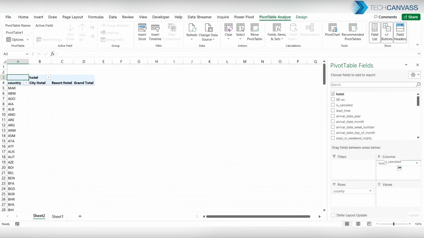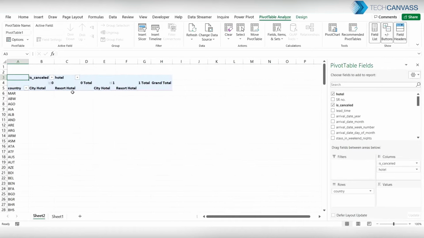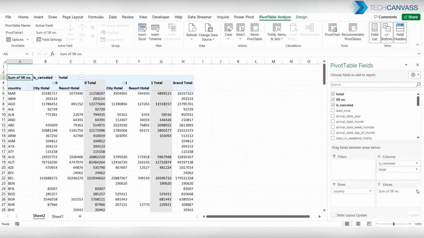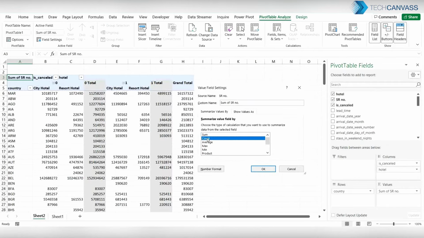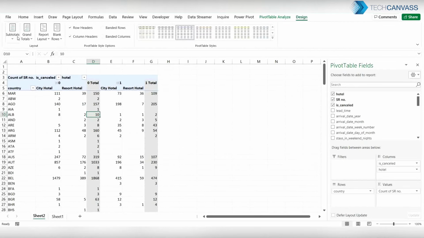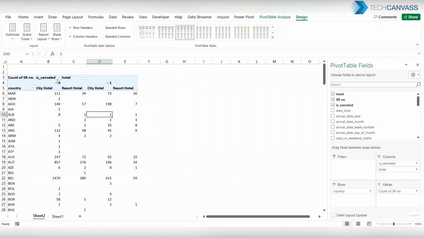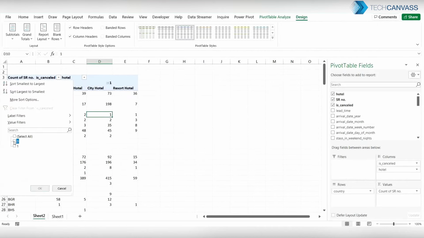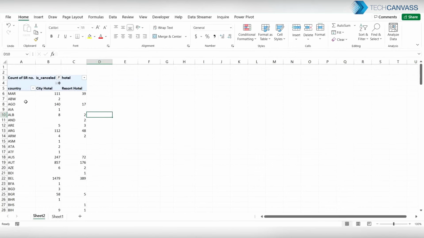So we basically want to check for the customers who have not cancelled their reservation, and we have the serial number. We'll go ahead and get a count of that. We'll remove the grand totals as we don't want them, and for is cancelled we will just say 0, people who have not cancelled.